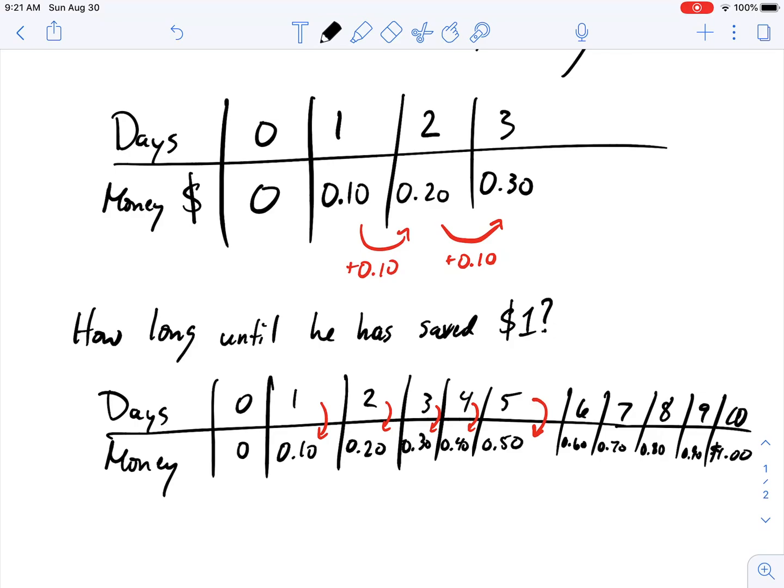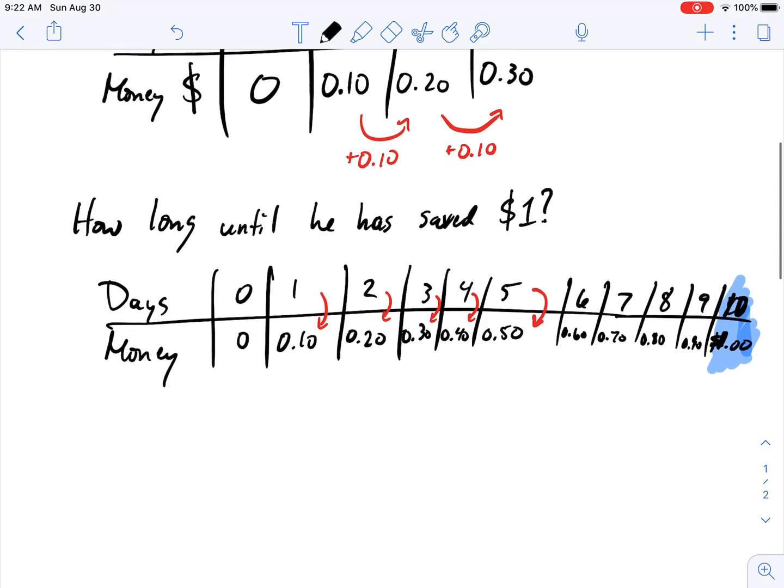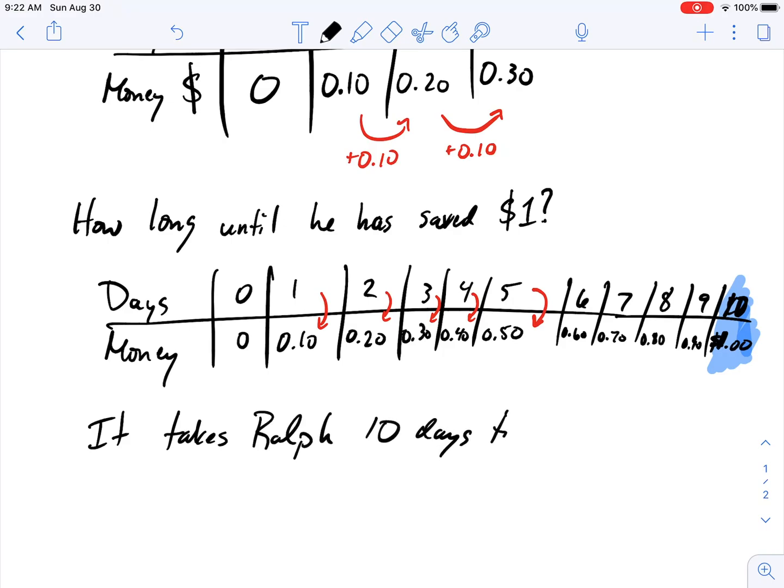So that means after 10 days right here, they get to $1. So you would say it takes Ralph 10 days to save $1. Okay, takes him 10 days to save $1. All right,